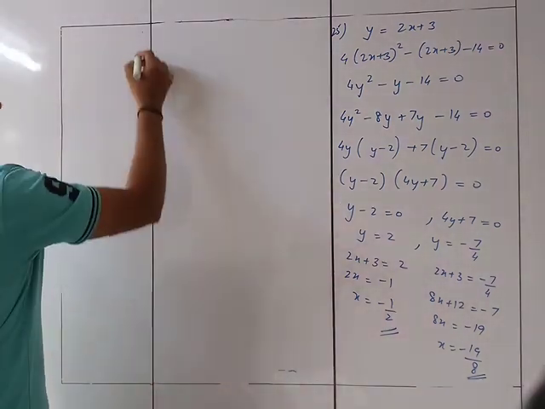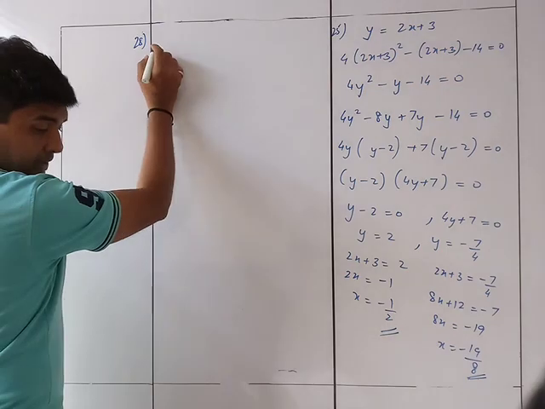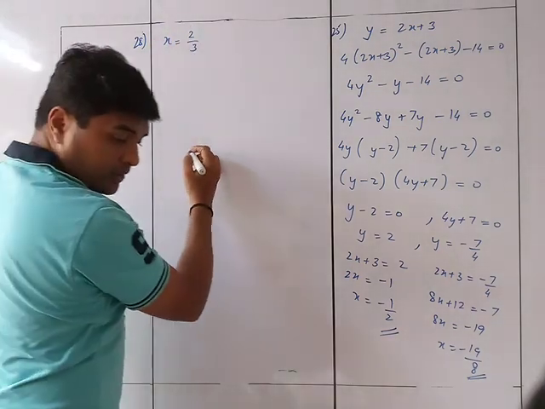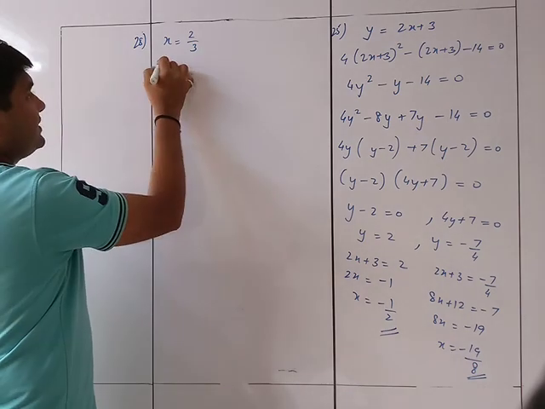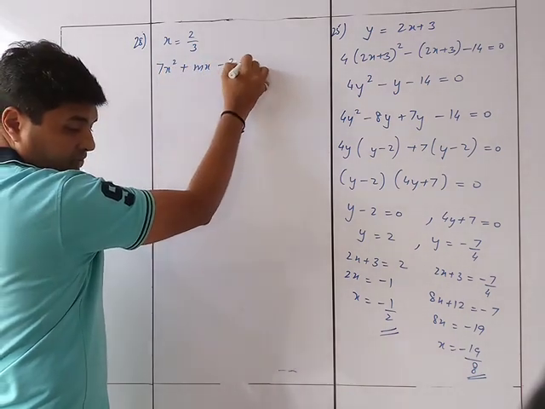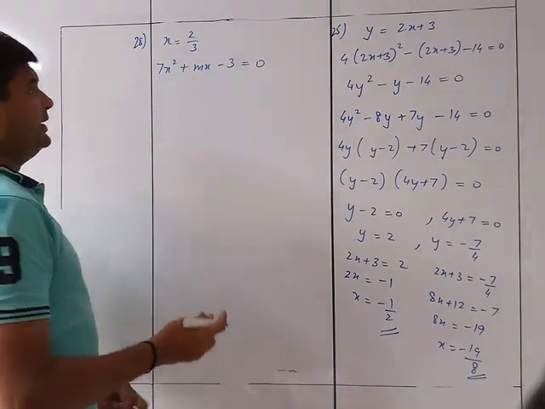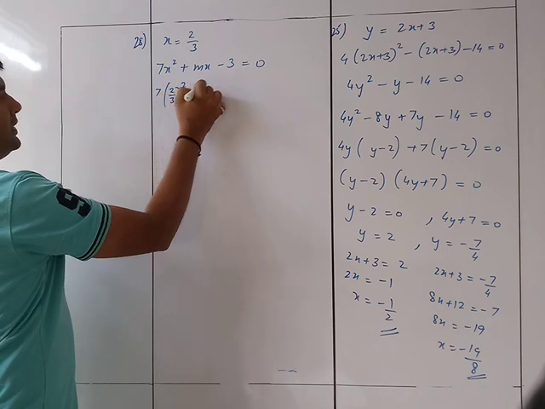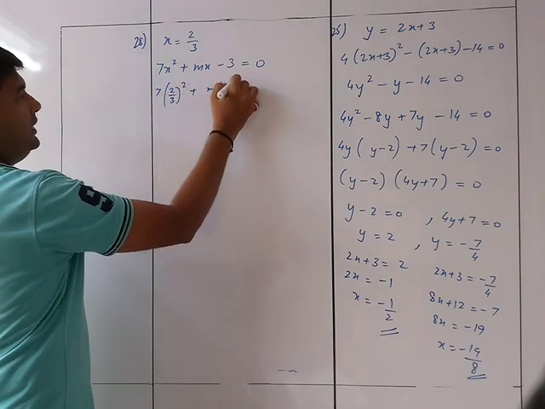So they have given x is equal to 2 upon 3. We need to find the value of m in 7x square plus mx minus 3 is equal to 0. Quite simple. 7 into (2 upon 3) the whole square plus m into 2 upon 3 minus 3